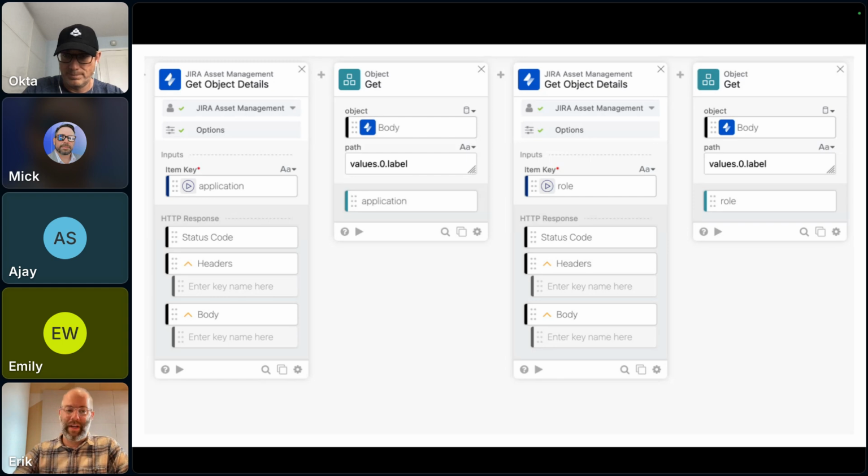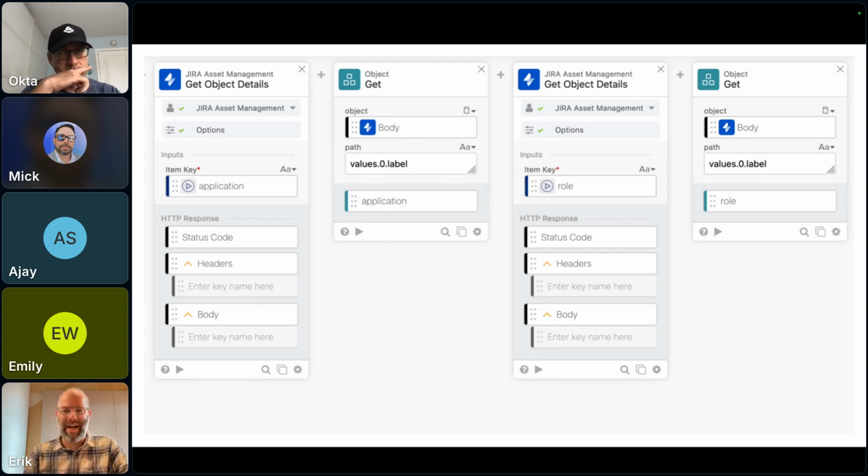One of the last things I was working on in this particular card itself is the output. So instead of going here and getting the values of the labels for the application and the role, I obviously want to grab that a bit more dynamically, right? So this is what I meant by the factory must grow. We must improve. We must be more efficient.